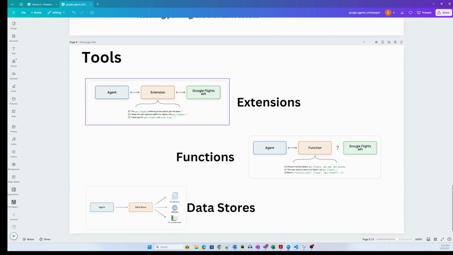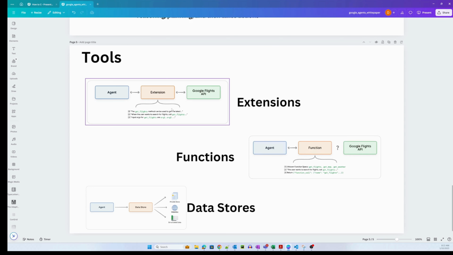Connecting that agent to that particular API isn't going to be straightforward, right? So you need to think of writing custom code to parse your queries and extract relevant data. For instance, if a user says, I want to book a flight from Austin to Zurich, the code would need to identify Austin and Zurich as key entities for that particular method, and there could be some ambiguity in the query, right? Like, what if the user says, I want to book a flight to Zurich without specifying a departure city?